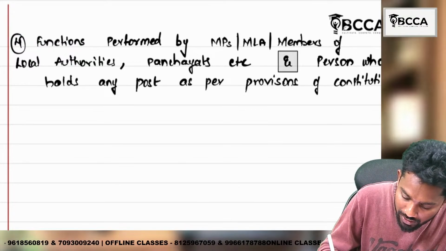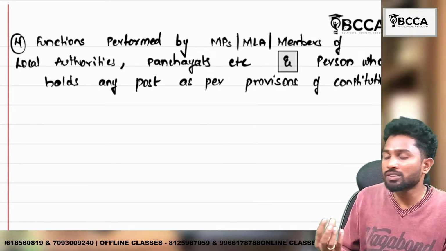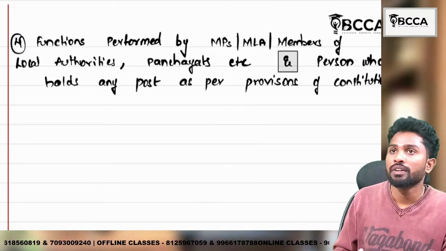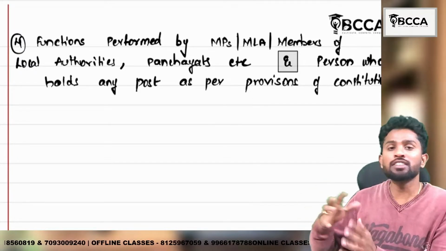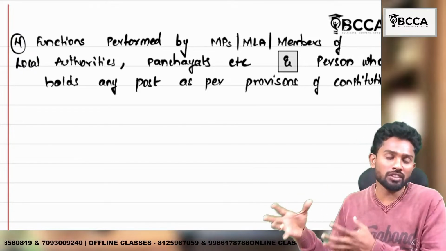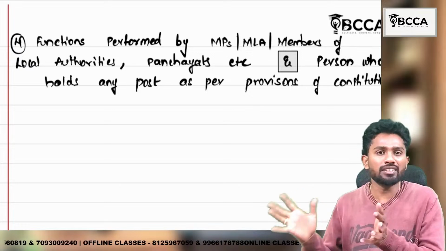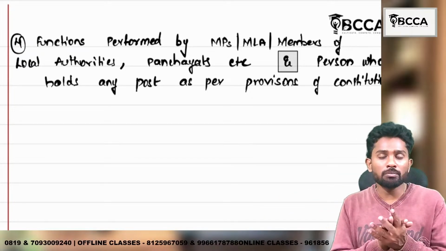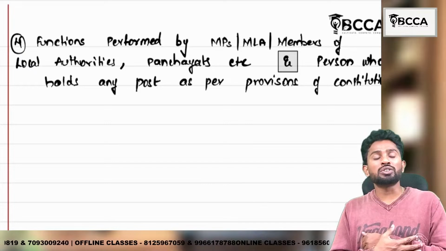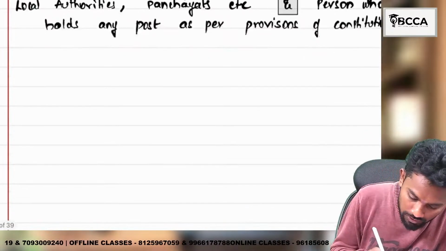See, understand here, if you are an MP, MLA, or something like a governor, or any other person who holds such a position based on the powers of the Constitution, for acting as a council member you are getting something. Whatever functions you perform, if any consideration is received for that, it is not a supply. Then the fifth one,